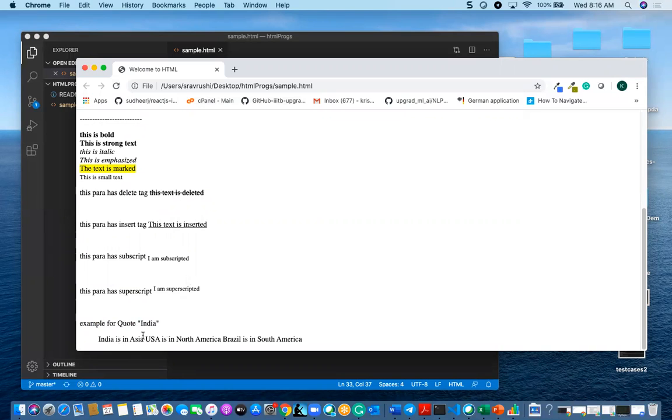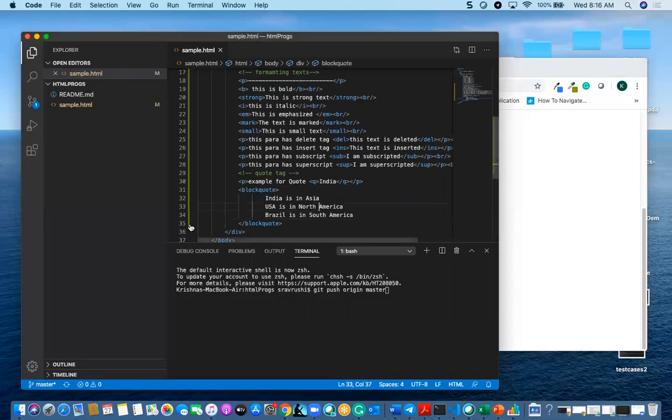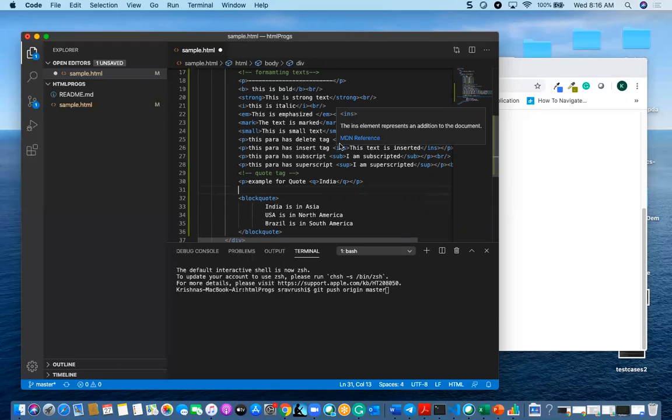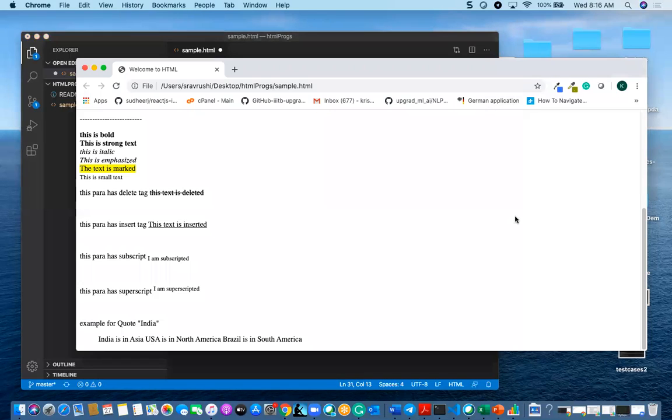It is separated, block kind of. Yeah, you can find it is having one space, and it is occupying a block.